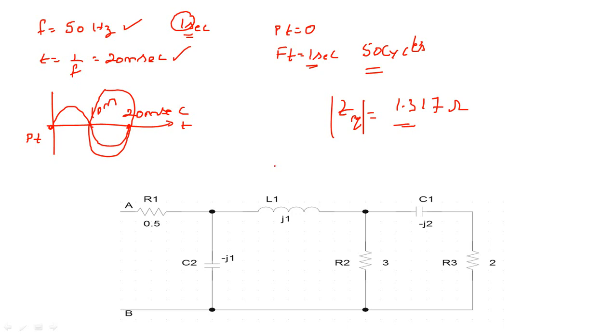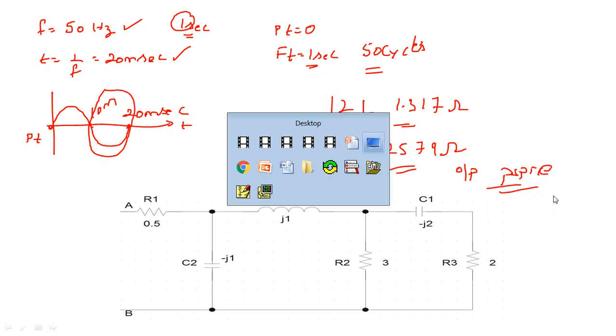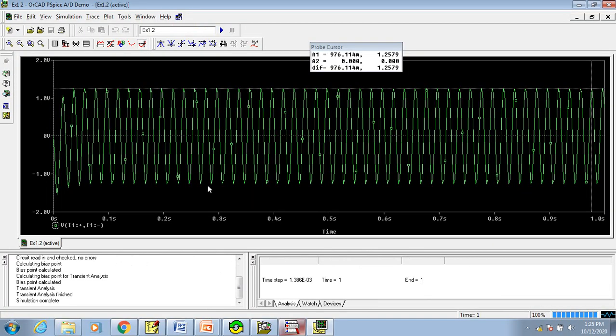So now I'll write down in PSpice, we have got the output as 1.2579 ohm. This is your output from PSpice or simulation. Right. Now why is this deviation? You can see in PSpice, in your output, it is increasing, decreasing, increasing, decreasing, and then again, and after some time it remains constant. So this deviation is because of charging and discharging of voltage across capacitance, charging and discharging of current through inductance.